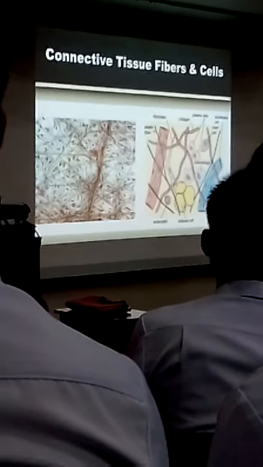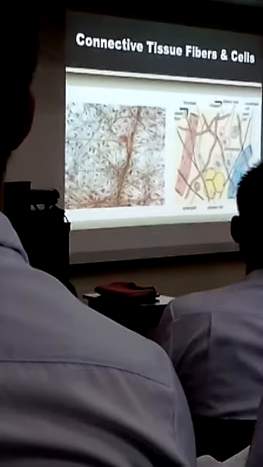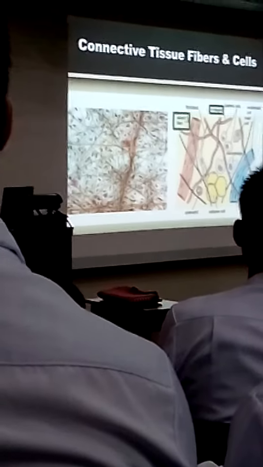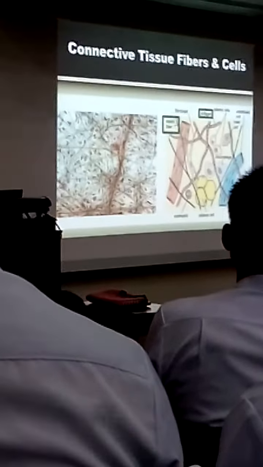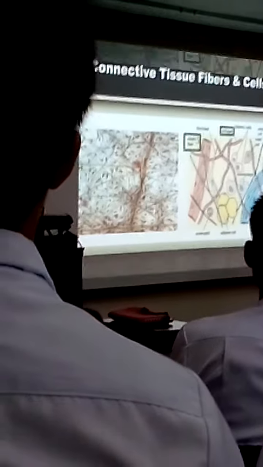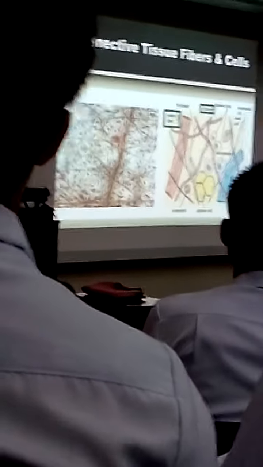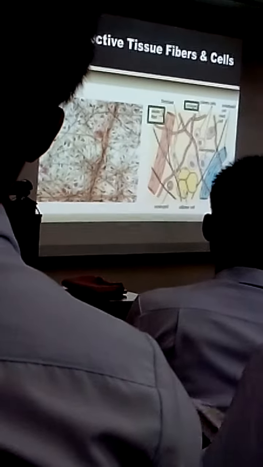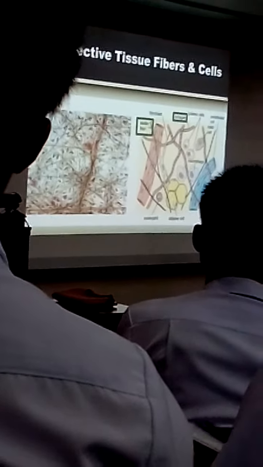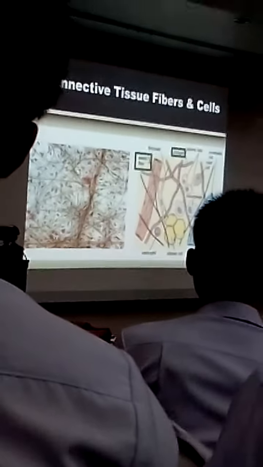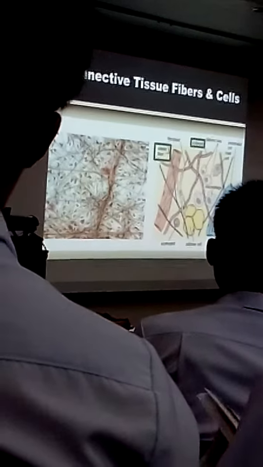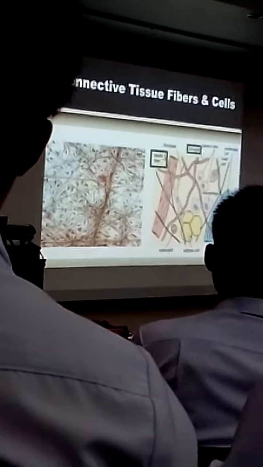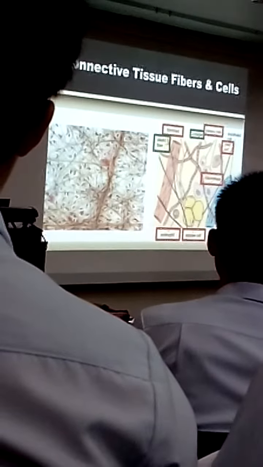So for the one on the right side, you can see already that you have the fibers. The ones shown or drawn are that of elastic fiber and the collagen. So you can see that the elastic fibers are thinner, darker in coloring or staining, while the collagen will have a bit larger diameter compared to the elastic fibers, and they're lighter usually. And then you have the cells around it.